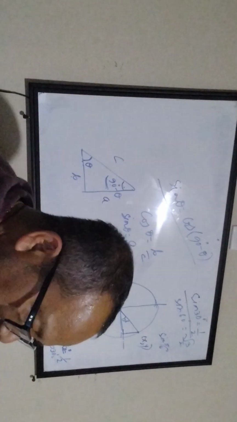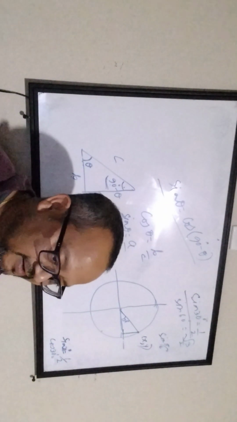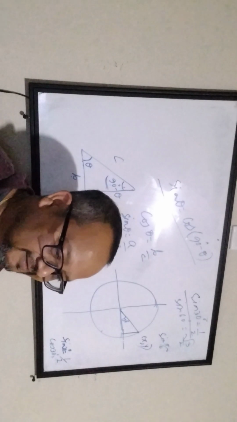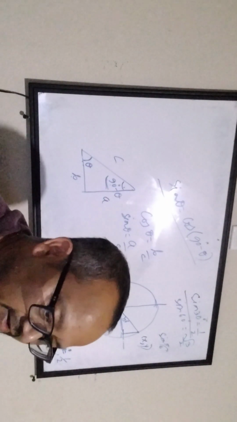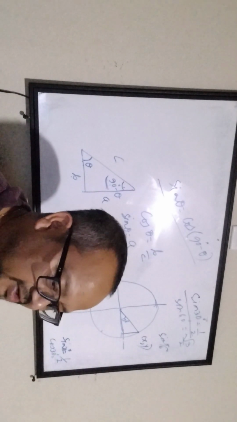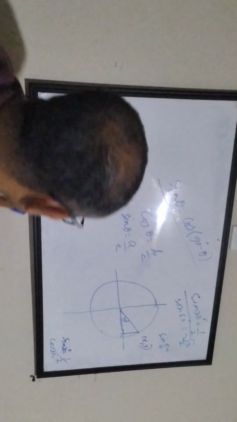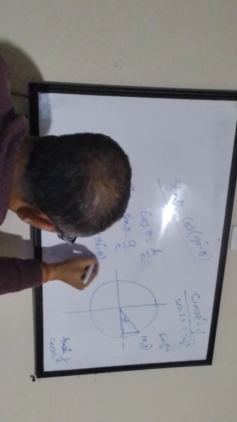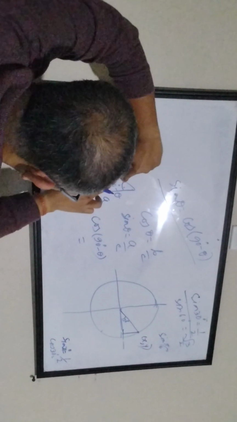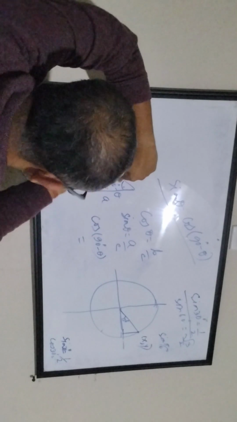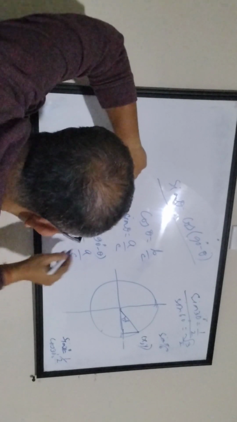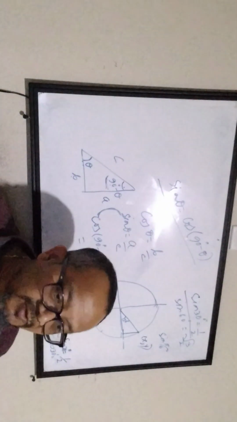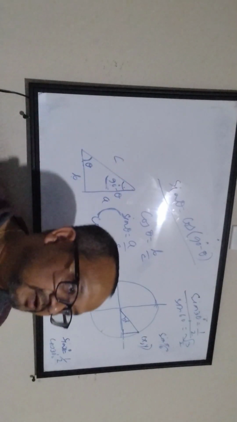Are you guys able to follow me? Just stop me if I'm going way too fast. I'm following, sir. Okay. Everybody is able to follow me? Yeah, I'm good. Okay. So, see here, cos of the complementary angle, cos of 90 degree minus theta will be what? I'm taking 90 degree minus theta as this angle. Cos of this will be what? Base by hypotenuse, which will be A by C. You see that these two have the same value, A by C, right? So this is called the rule of complementary angle, meaning sin of theta will be equal to cos of the